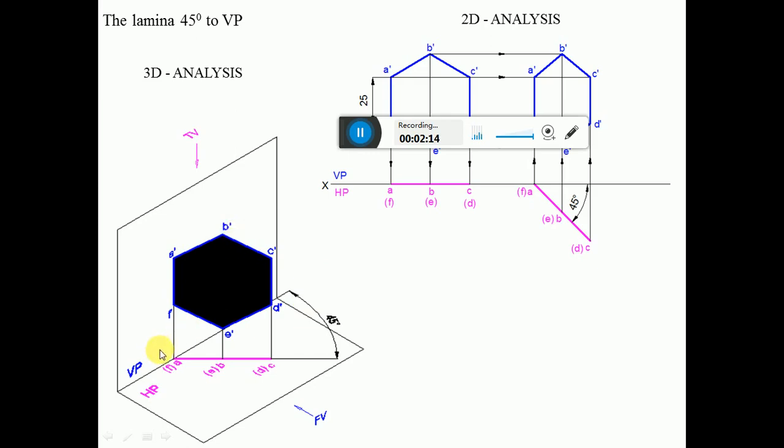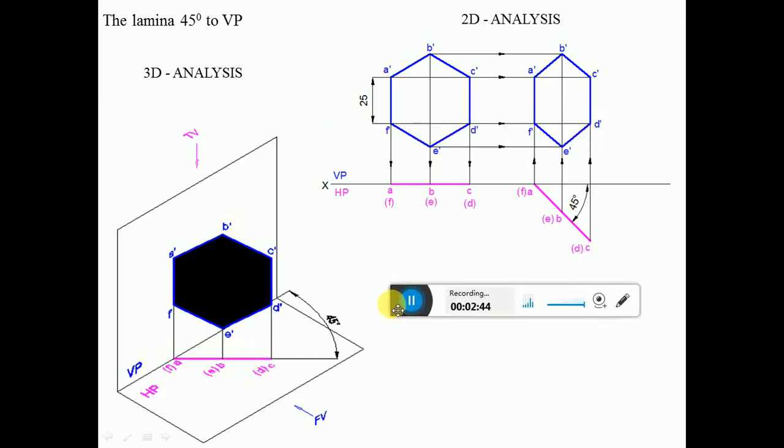Then, since the surface is inclined to VP at 45 degrees, the surface inclination can be seen in the horizontal plane. You can see the 45 degrees is marked on the horizontal plane, and also the surface is perpendicular to HP, so obviously you are going to get a line in the HP. So here B is visible, E is in bracket. Similarly C is visible and D is away from the observer, so it becomes invisible. So this is how we are going to write the second position, top view and front view.